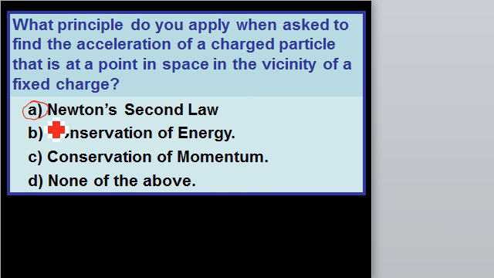It's just that the acceleration is not the same for all the points along the way. That is, it varies, but yeah, we could find the acceleration just by F is equal to kq over r squared, or F is equal to kE,